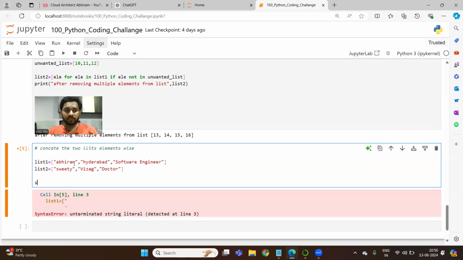str_list equal to i plus j for i comma j in zip of list one comma list two. List one comma list two. So here I want to explain: i comma j in